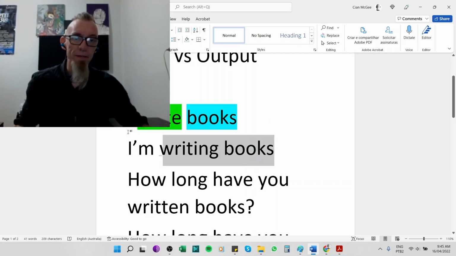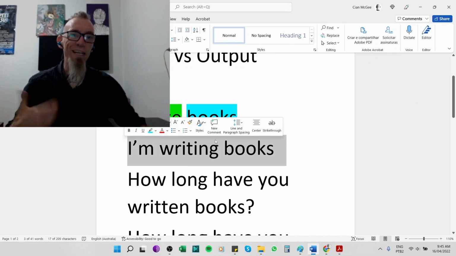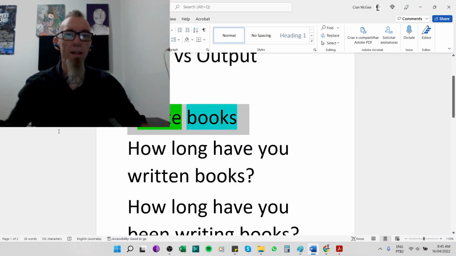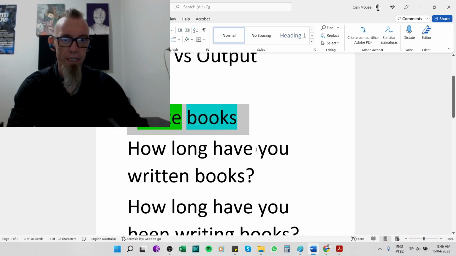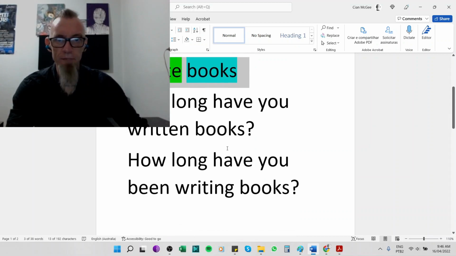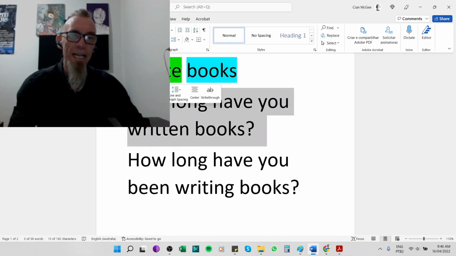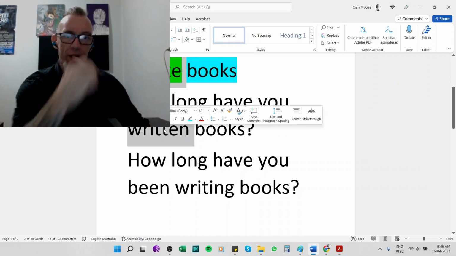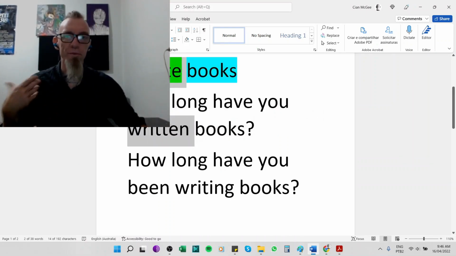I don't do that because there isn't this sensation that that will end. This is something that is a pillar or a building block in my life, one of the most important blocks in my life. So ideally, when we look at present perfect, I should express it this way. Your question should always reflect